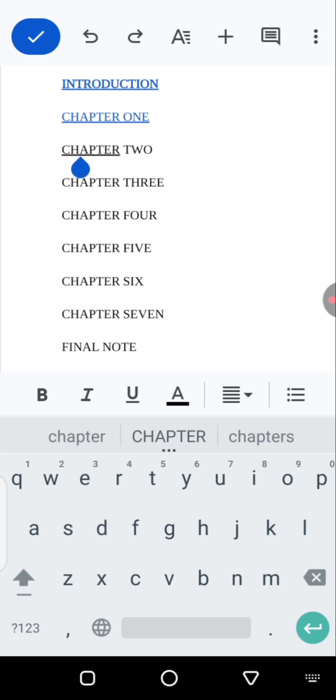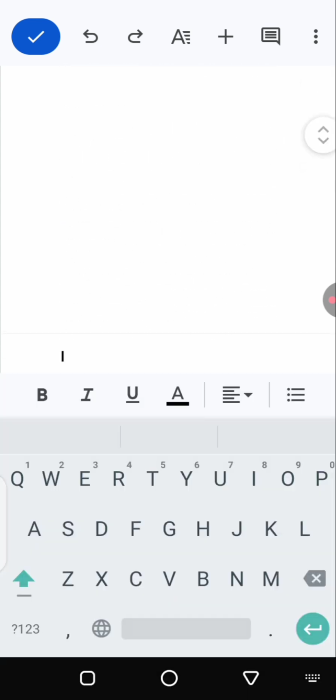All right, then you see select. Maybe after you have added headings to all of the chapters, all of the topics of the chapter, maybe chapter 1, chapter 2, or maybe you still want to add the particular chapter title heading. If you want to add heading to the particular title of the chapter, after adding heading on it, you can still select it and it will appear here, depending on the way you arrange your table of content. Now chapter 1, chapter 2, chapter 3, chapter 4, follow the same step that I showed you here. I showed you how to add heading on each chapter.